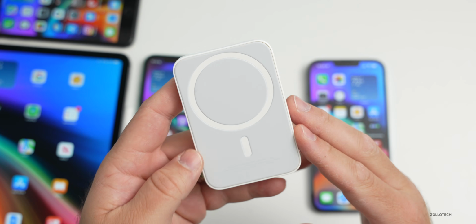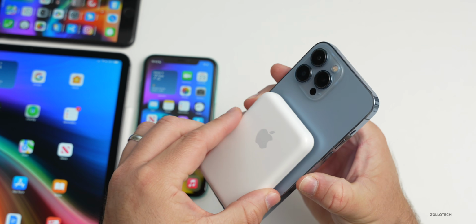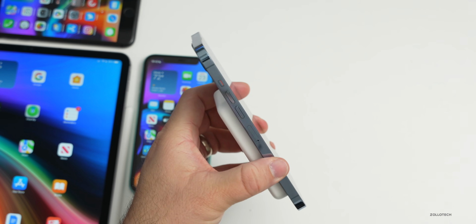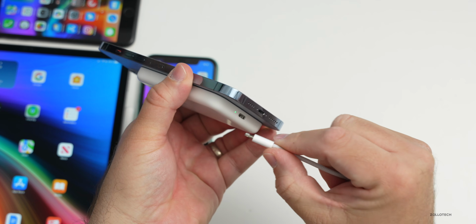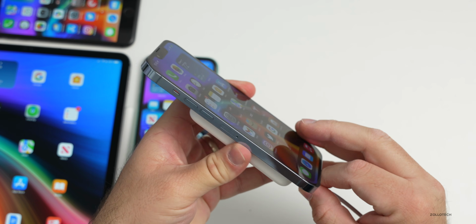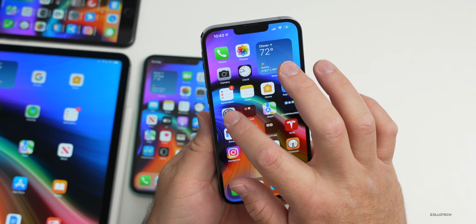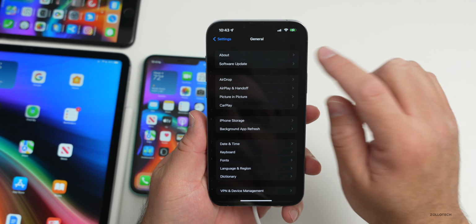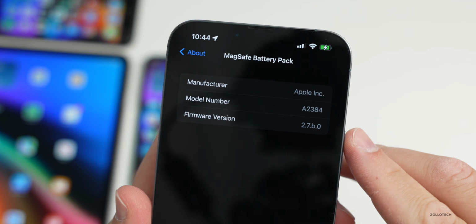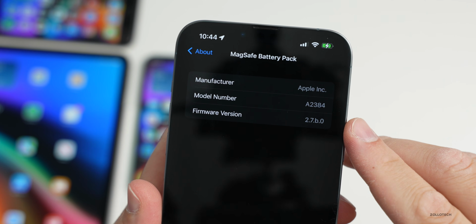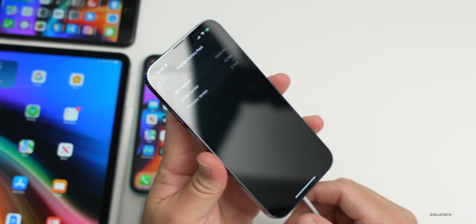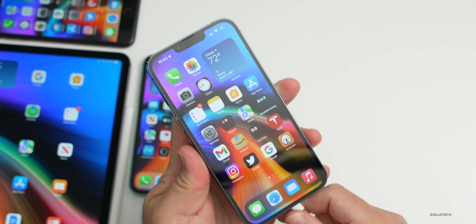2.7.b.0, and in order to update this, you can either put it on the back of your phone like this, and then plug it in. Typically, I recommend plugging it into the battery pack itself, and then waiting for the iPhone to update. Once it's updated, you can check the firmware by going to your settings, General, then About, scroll down, and you'll see MagSafe Battery Pack. You'll see this one is updated, and the reason this update is significant is it enables